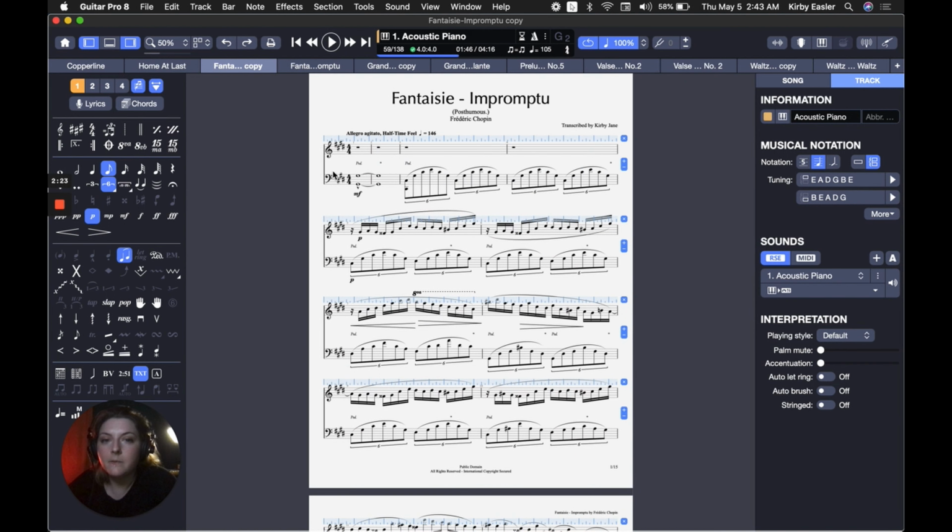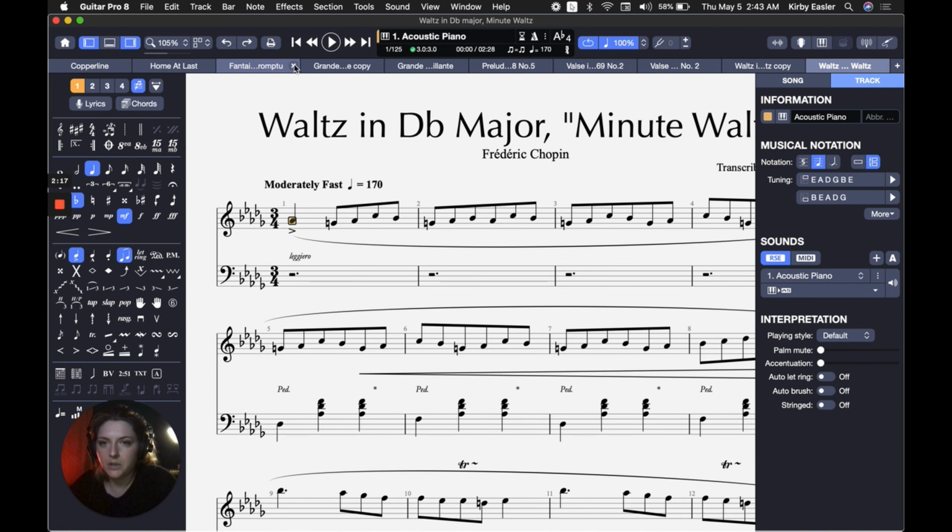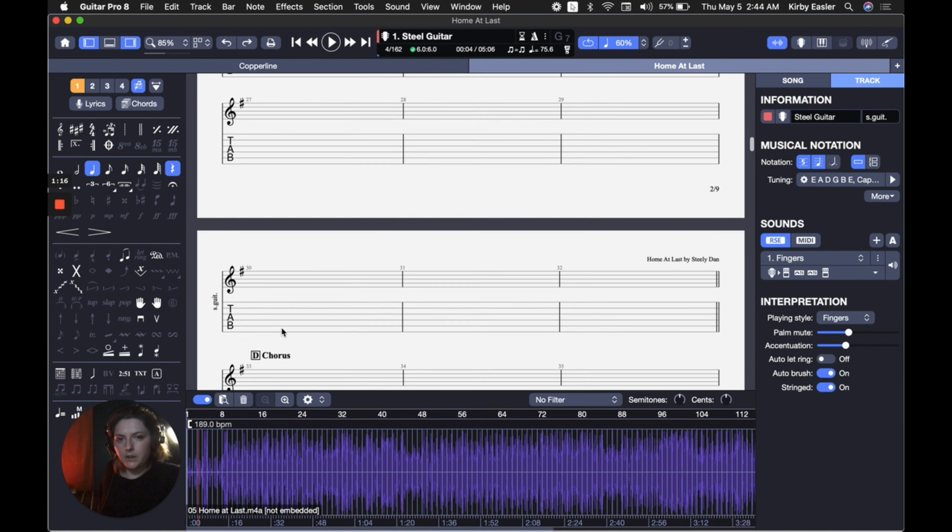And if you remember earlier on, when I was showing the Steely Dan stuff at the very beginning, that song Home at Last, when I opened it in Guitar Pro 7.6, it told me this isn't all that this file is capable of, basically. So yeah, I figured next up I'll